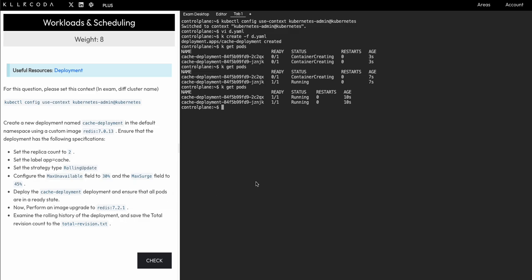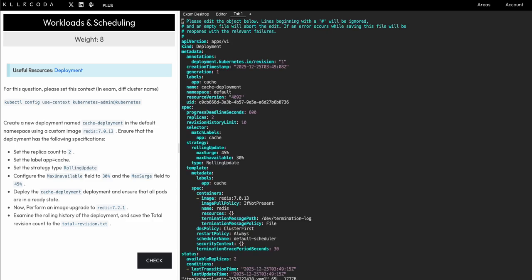Now we will do an upgrade. So in order to do an upgrade, all you have to do is just edit the deployment and go and update the image, right? So it's 721. I'm going to update it now. As soon as you update the image, it'll start replacing the old pods and